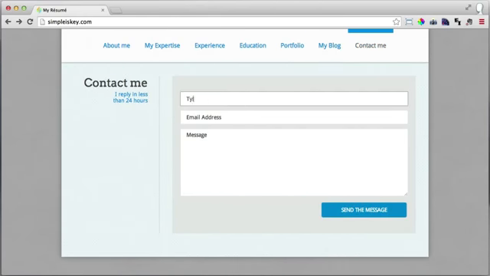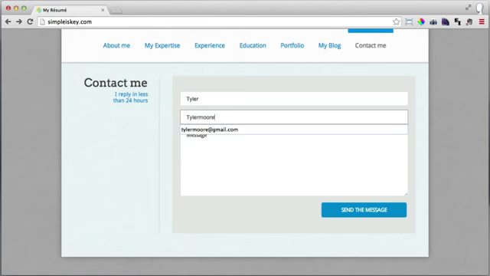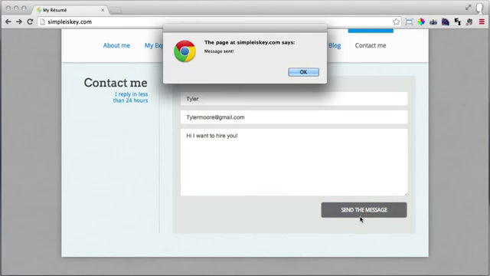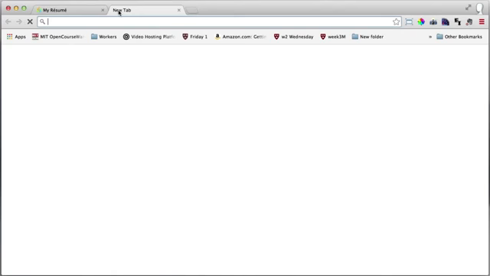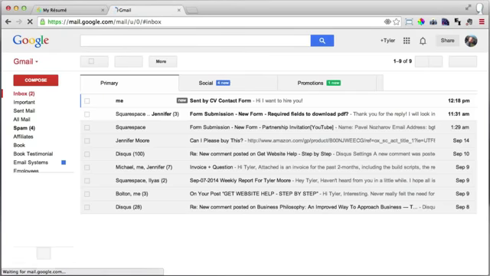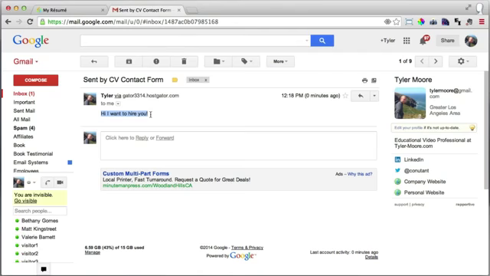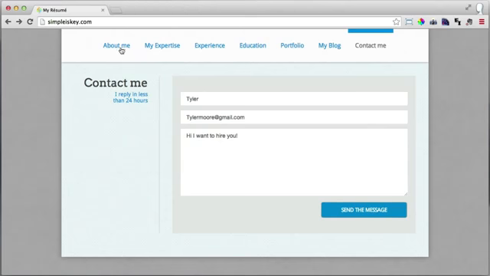So we can put in our name and people can send you a message like, "Hi, I want to hire you." And we can send the message and a little box pops up and says that the message is sent, but we can go into our Gmail or whatever mail client you're working with, and you can see the message, "Hi, I want to hire you," and you can reply back,